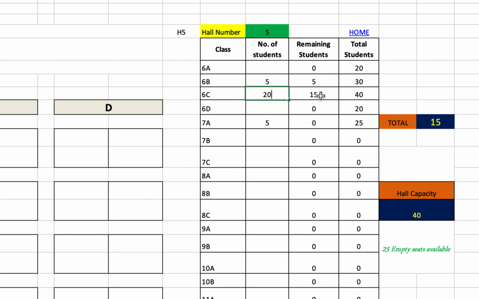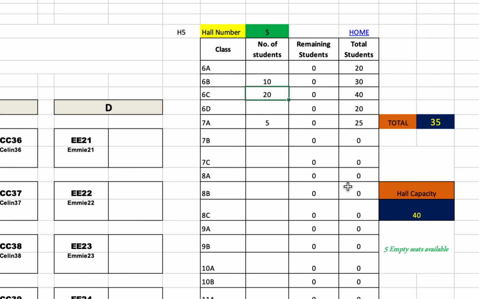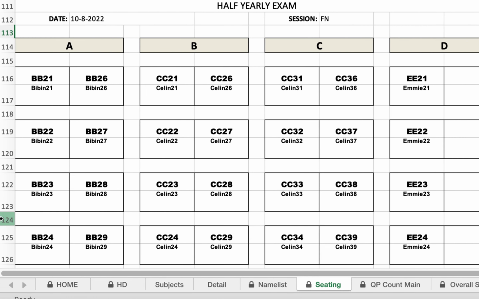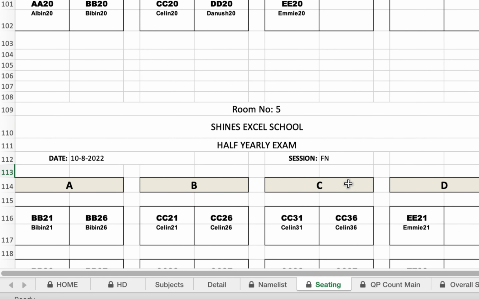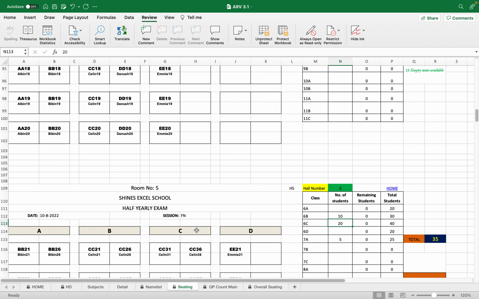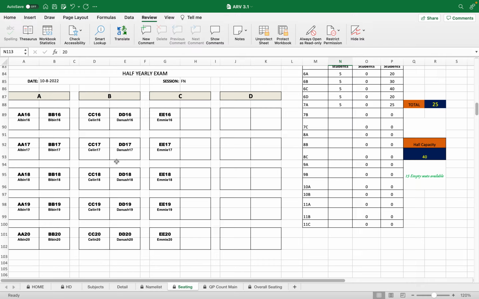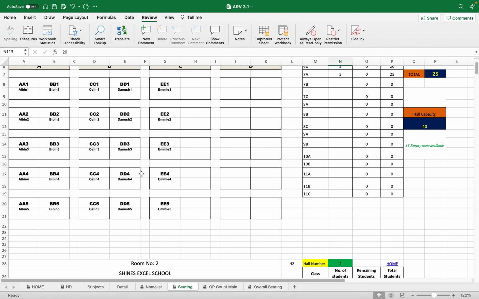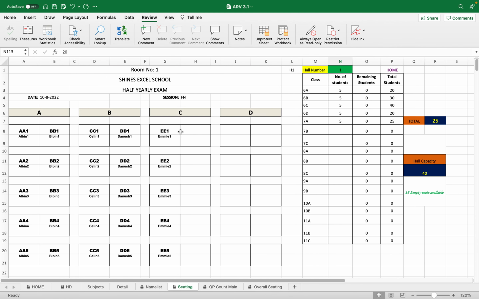It is 20 and here 10. Now there are no remaining students, all students have been placed. How to print this? Each hall